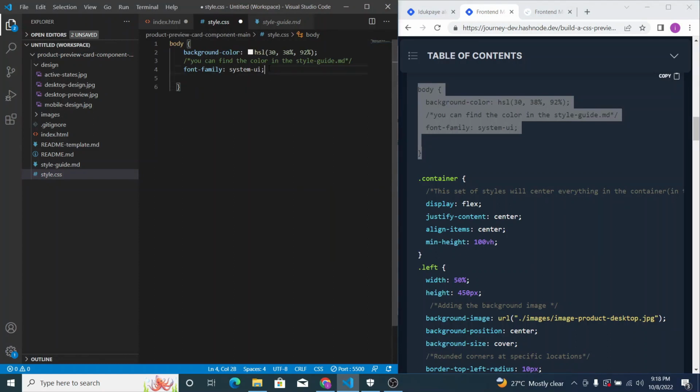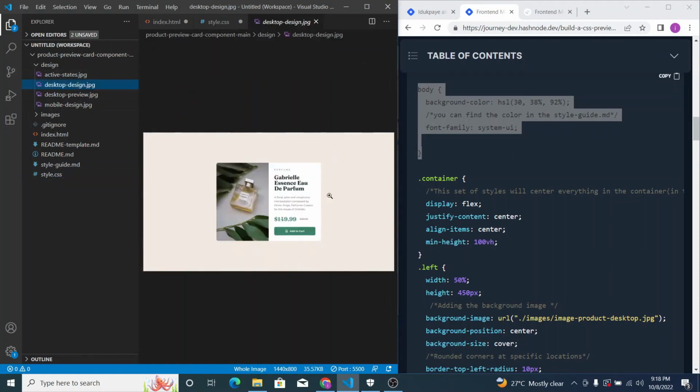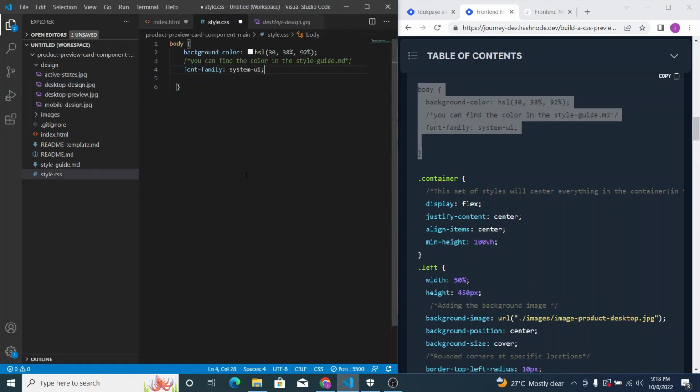So we give the body a background color of cream because the body isn't white. Let's look at it again. The body isn't white. You can see it isn't white. It's kind of creamy. So that's why we give it that background of cream. And if we look at it here,